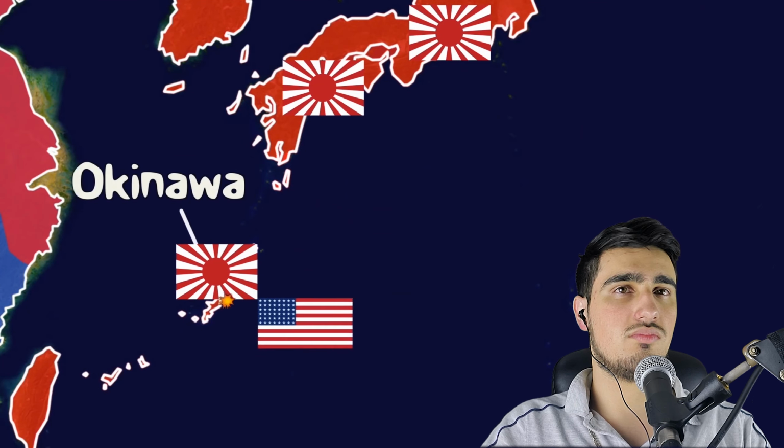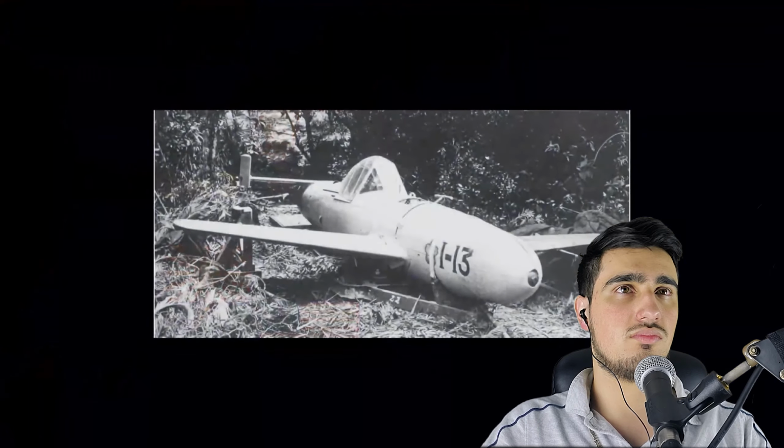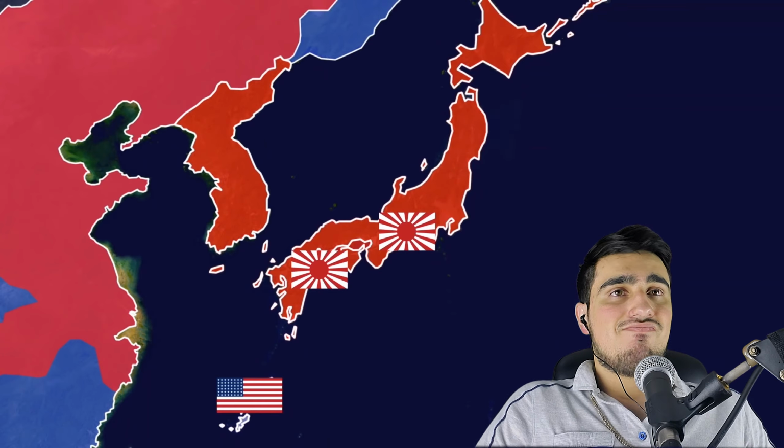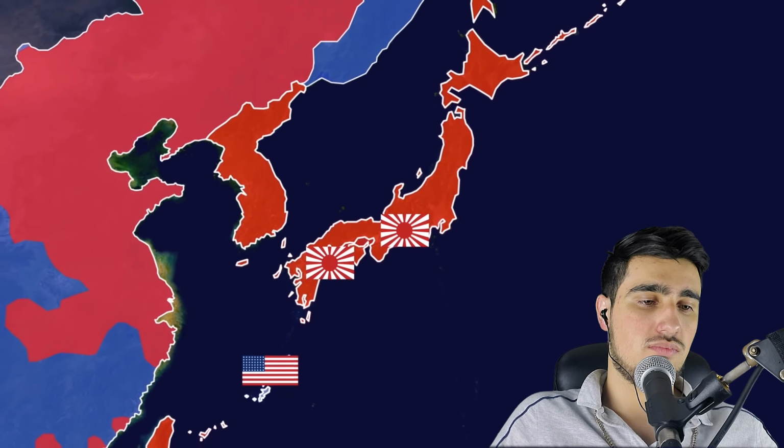The Americans began their assault on Okinawa, the last island before they would reach the Japanese mainland. The desperate Japanese fought hard, launching kamikaze attacks on the US ships. The citizens of Okinawa suffered through the terrible fighting, but in 2 months, the island was captured. The Allies now had to make a choice. Either continue the devastating struggle up the Japanese mainland, or they could try to coerce the Japanese into surrendering now.